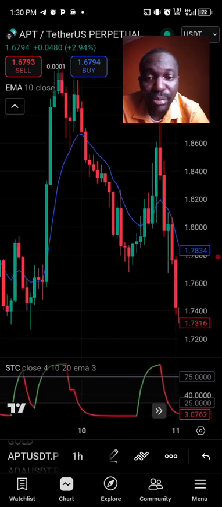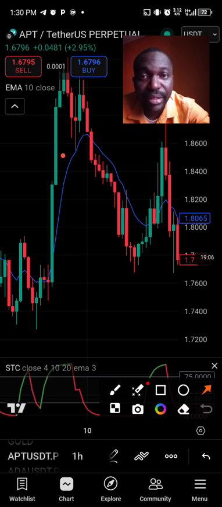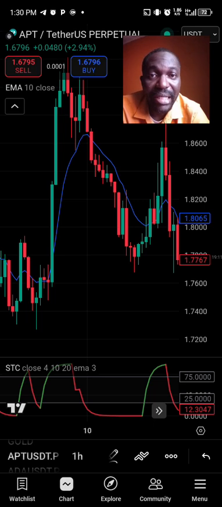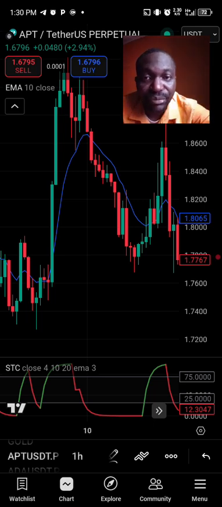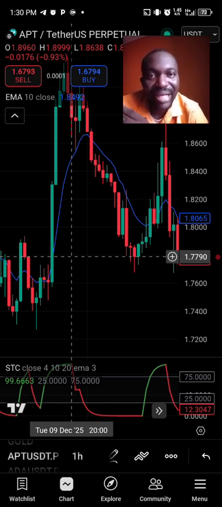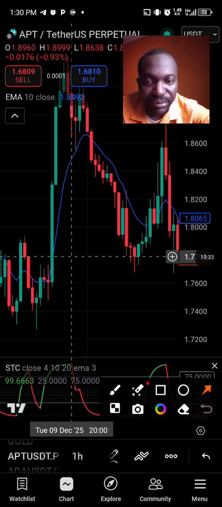And now when it got up to this point, sellers decided that they're going to come in aggressively. And from that candle, their selling pressure became more than the buyers, which means they have allowed the buyers to buy and make their money. Now the sellers want to enter and also drive the price down. And if you look at from this area,